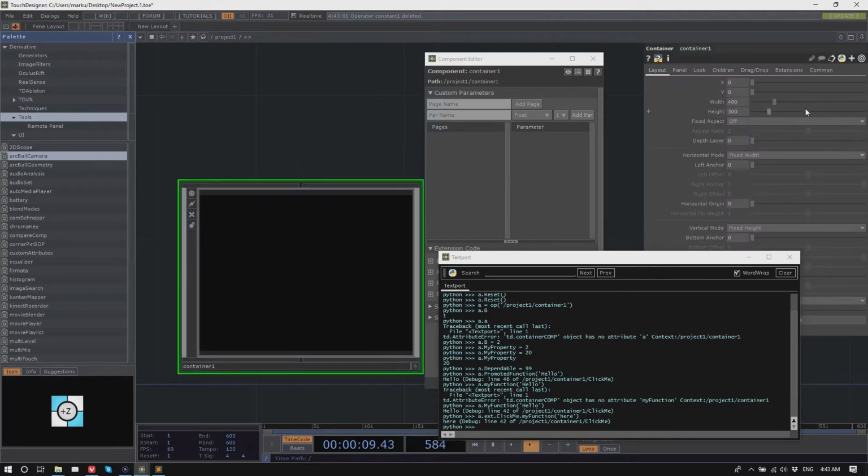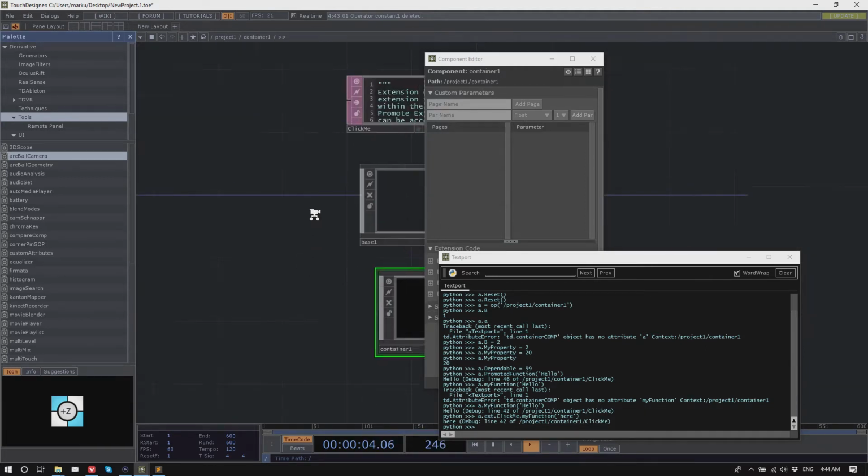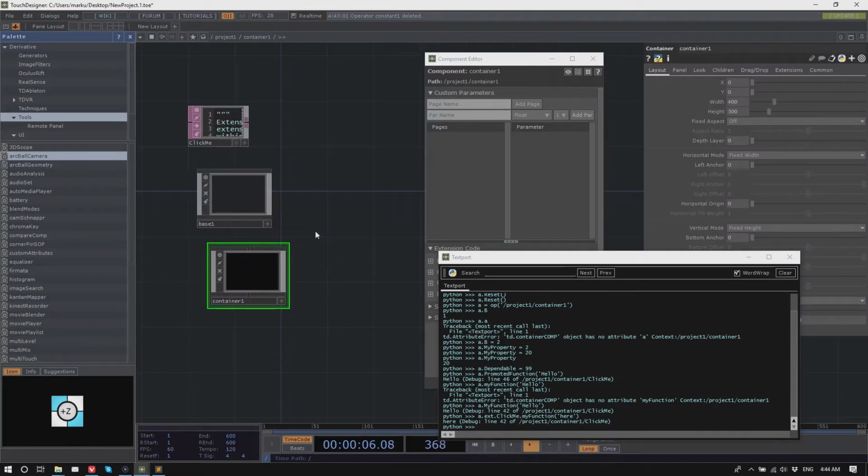To help you with that, you can go on the common page and give this whole thing a parent shortcut. So parent shortcut, let's just call this my container. So now you can get to container 1 no matter where it is.